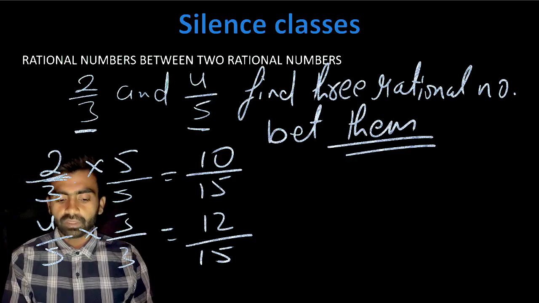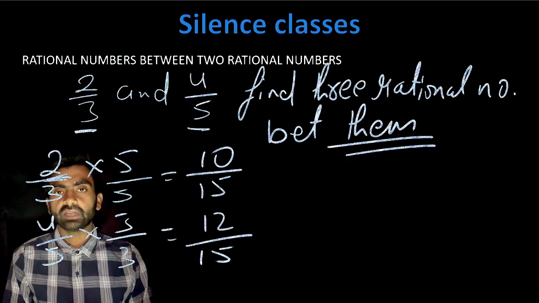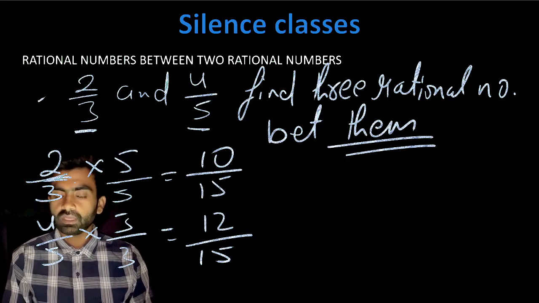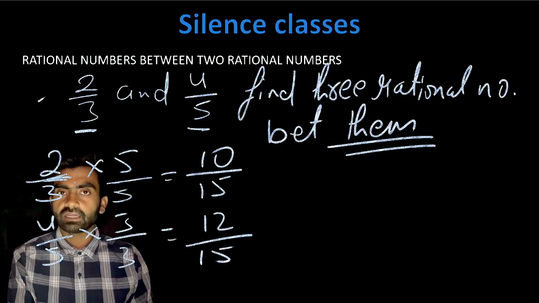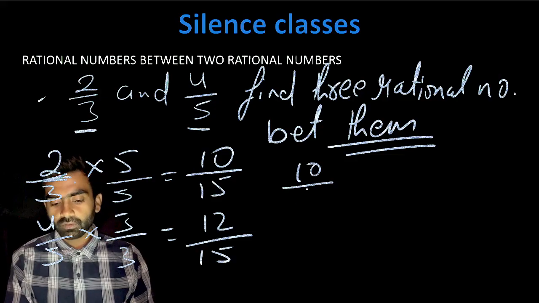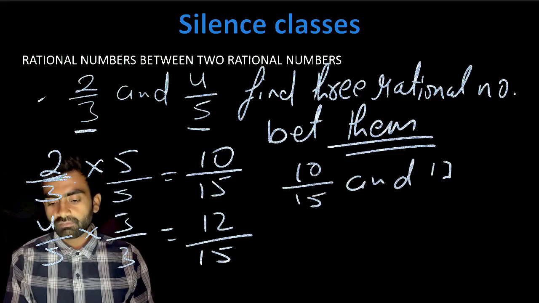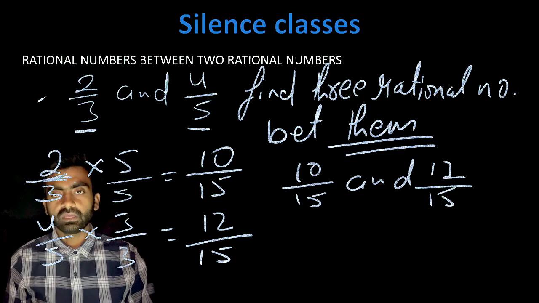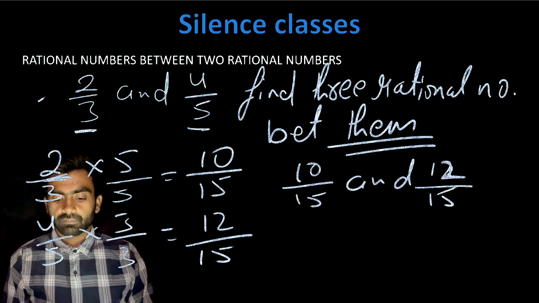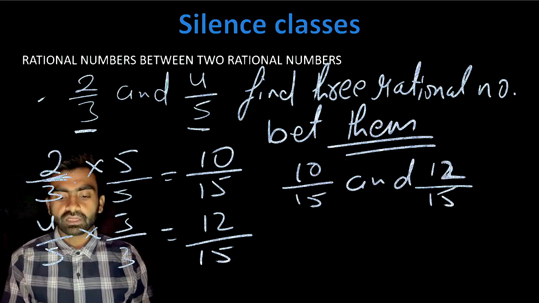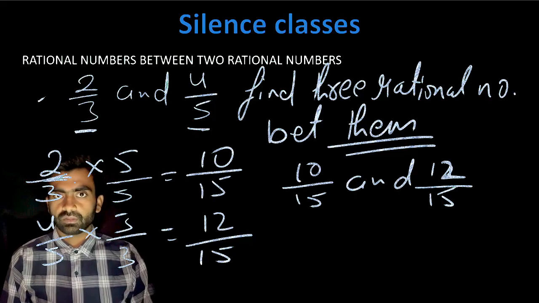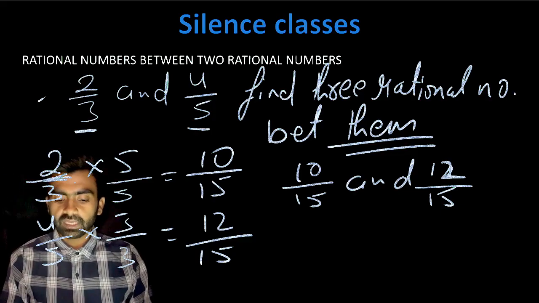If we convert it into the standard form, we will get the same value. So it doesn't matter that we write these numbers in this particular manner. So 10 upon 15 and 12 upon 15. Now you can check that we cannot find three rational numbers between them. So what we can do is multiply